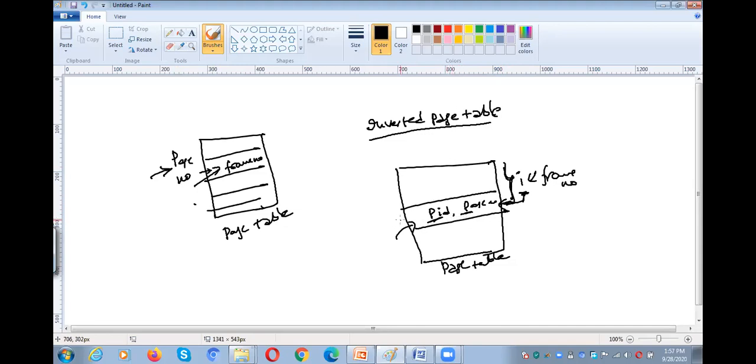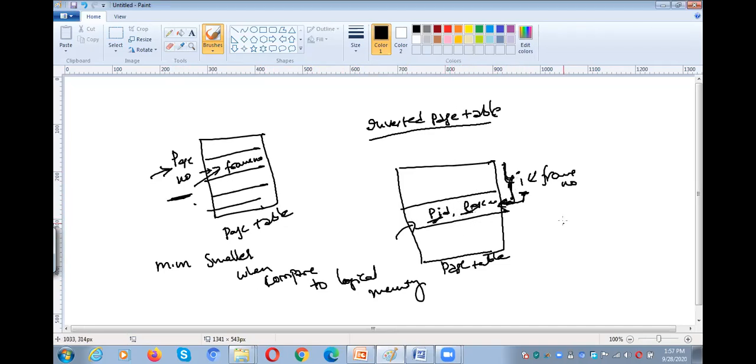Usually main memory is smaller when compared to logical memory. Earlier the outer part was the page number and the inside part was the frame number, but now with the help of a frame number, we can identify which page number belongs to which process ID and which frame consists of this particular information.